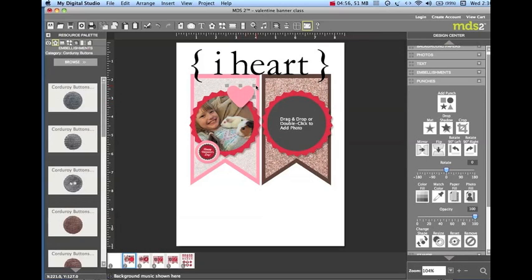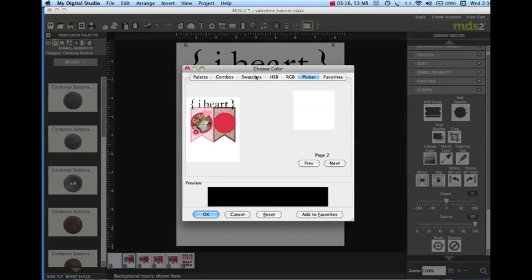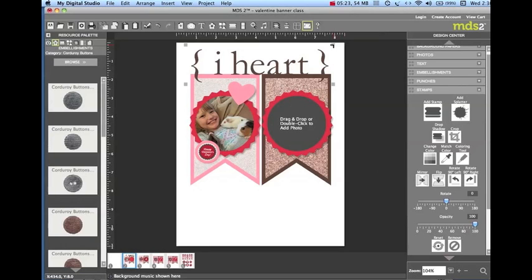And then I think I'm going to rotate this. If you move your cursor just a tiny bit off the corner, you will get a little rotate button. You can also use the rotate here, so I rotate it to about 10 degrees. And I'm going to switch and do my banner here, my I heart, and I want this to be that same chocolate color that's in everything else. So I picked match color, and then I'm going to use the picker tool here to pick that brown out. And now my I heart stamp is brown, so I'm going to shrink it down so that it fits better onto my